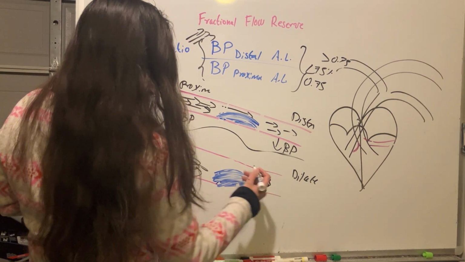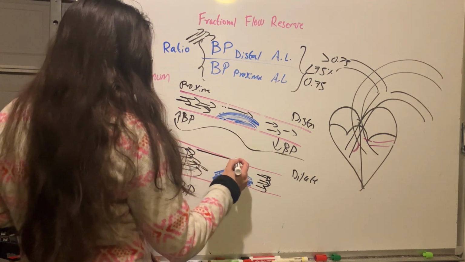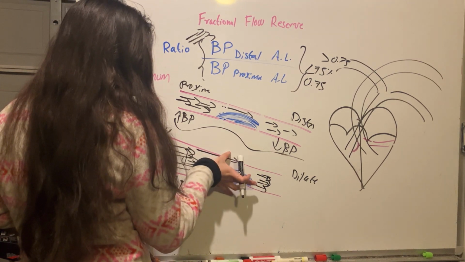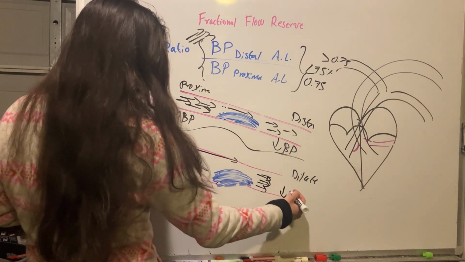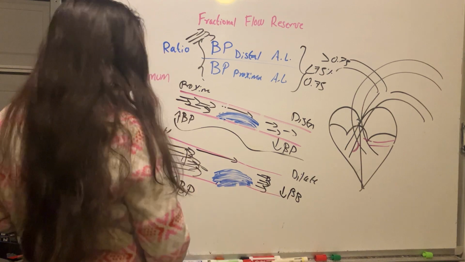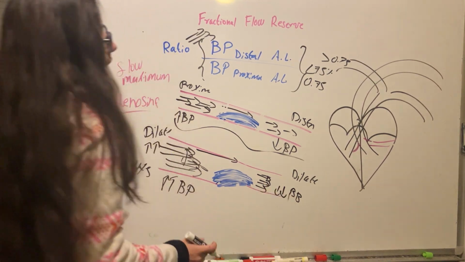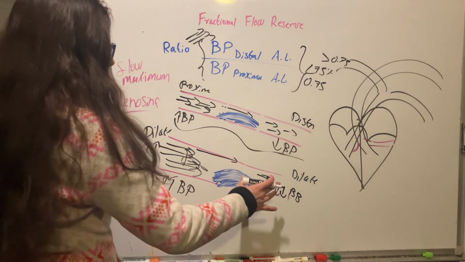We will have blood, but not the same as here because of this narrow point. So again, here we will have a decrease or a lower blood pressure than here,